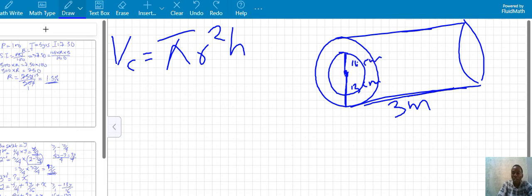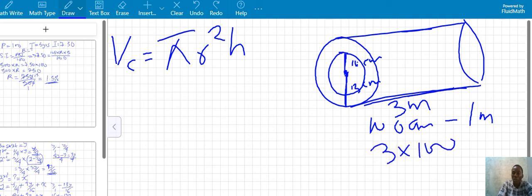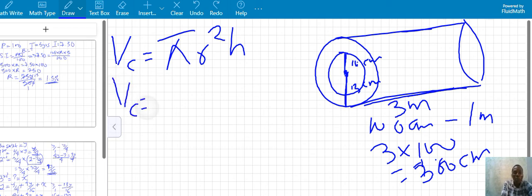We need to convert that 3 meters, because these other parameters are in centimeter. So 3 meter to centimeter, we have 100 centimeter making 1 meter. So 3 meters will be equal to 3 times 100, which is 300 centimeter. So our volume will now be pi into bracket the larger radius minus the smaller radius square